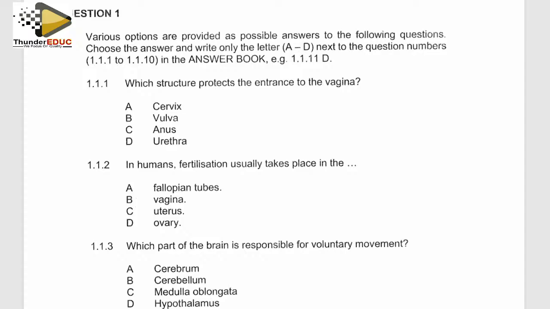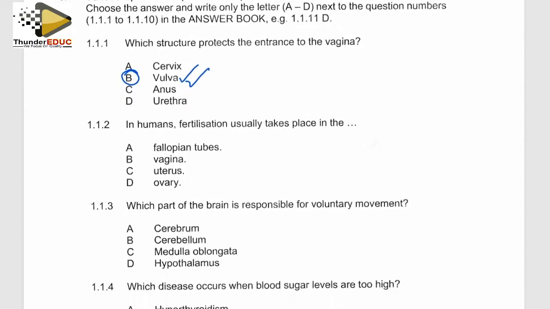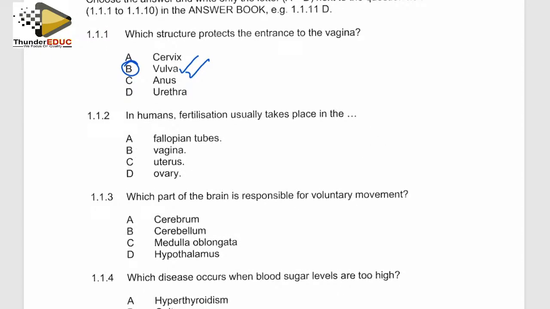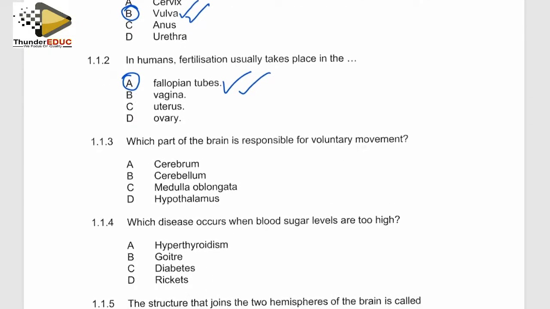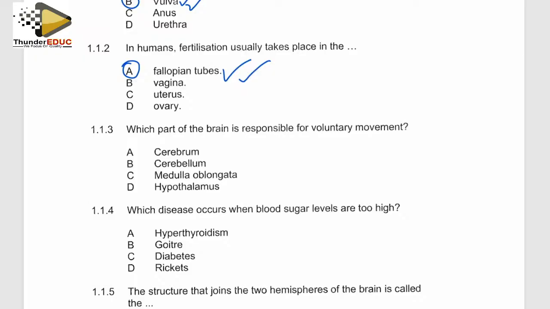Which one of the following structures protects the entrance of the vagina? So the vagina is protected by what you call the vulva. So that one gets the 2 marks. Human fertilization usually takes place in the fallopian tube. So you get 2 marks there. We explained this yesterday. Which part of the brain is responsible for voluntary